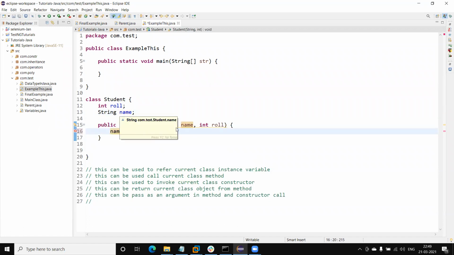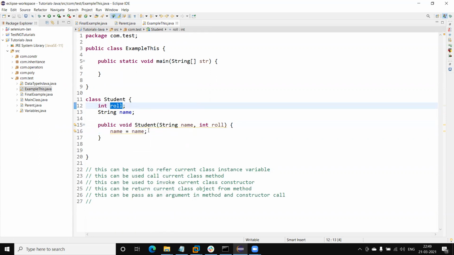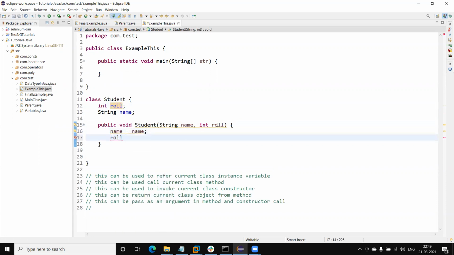This variable I am going to assign here to the instance variable name. Similarly, the roll variable I am going to assign the values which will be passed during the creation of the object. This local variable's value will go into the instance variable, but currently you can see there is an ambiguity issue. Both names are the same, so we cannot differentiate.